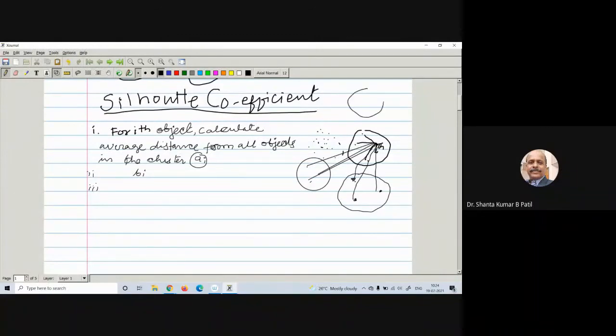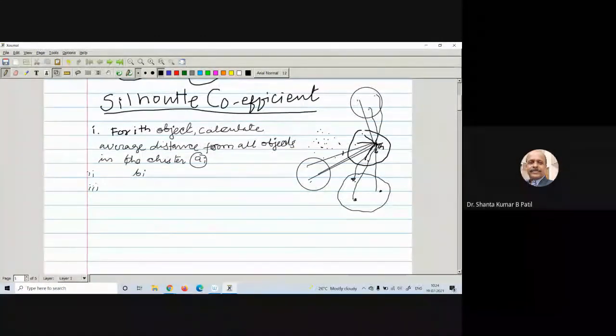So assume that again we have this cluster. Here also, this is what you can call our BI. So if you are finding the average distance at the point I by referring to the points in the other clusters, we are referring to this as the BI. Once you get the average distance at the ith point by considering the points in the same cluster, whereas BI is the average distance at the point I by considering the points in the other clusters,